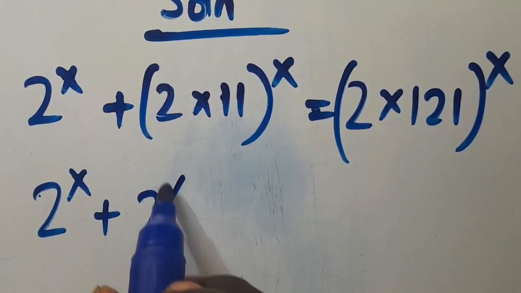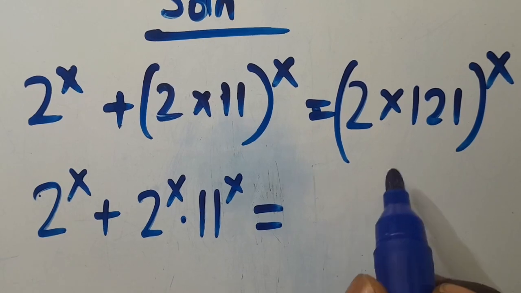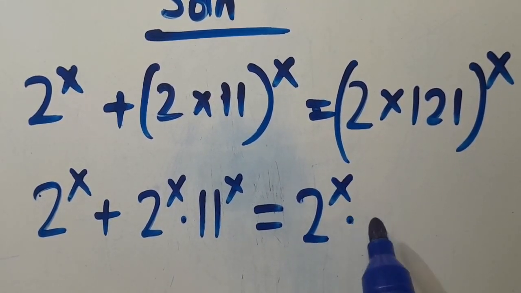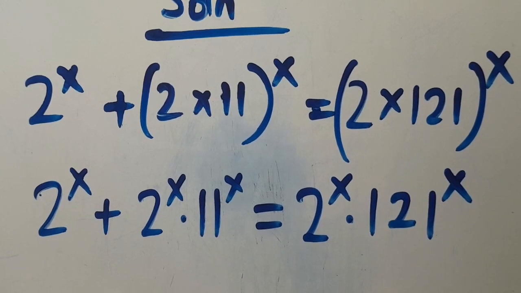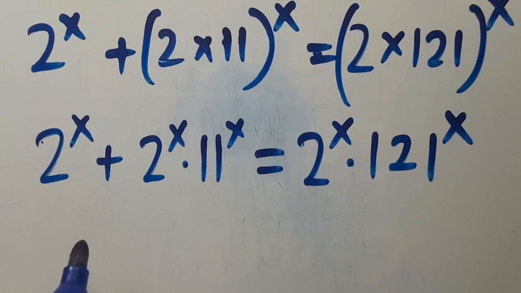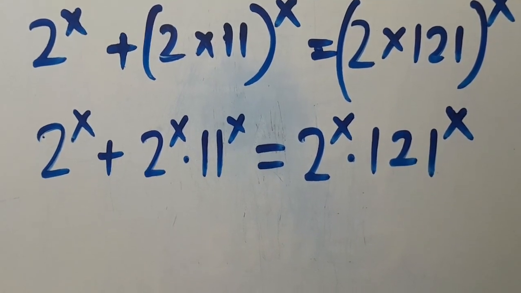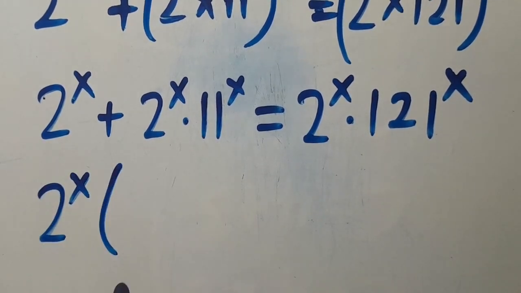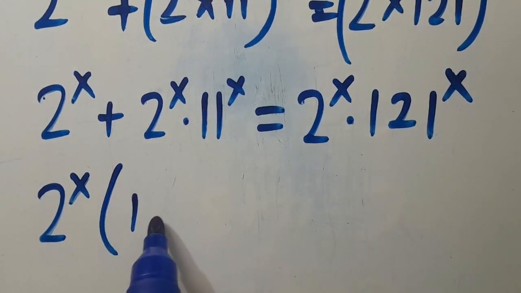We have here 2 to the power of x multiplied by 11 to the power of x equals, here also will be 2 to the power of x, then multiplied by 121 to the power of x. Then from here, it is obvious that we have 2 to the power of x common here. Then let's factor it out. It will be 2 to the power of x. Let's open the bracket. This 2 to the power of x divided by this, we have here to be 1